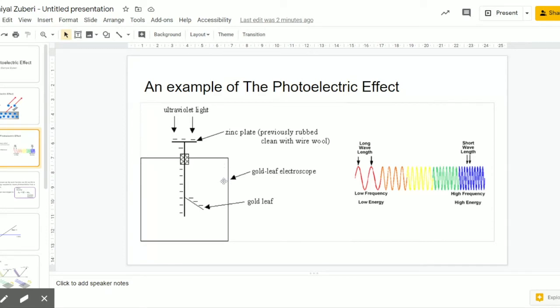For example, the photoelectric effect works by high-energy radiation such as UV radiation striking the surface of a zinc plate. The high-energy photon has enough energy to eject an electron from the surface of the metal plate. If the photon does not have enough energy, then the electron stays in place. The higher the frequency of the radiation, the more energy each photon has to remove one electron from the surface of a metal, providing that the energy is higher than the work function of the metal.